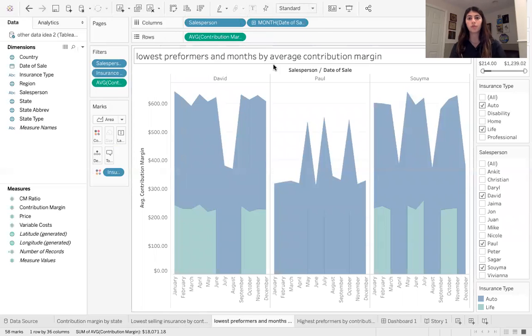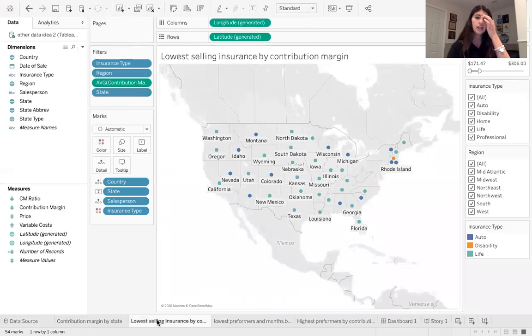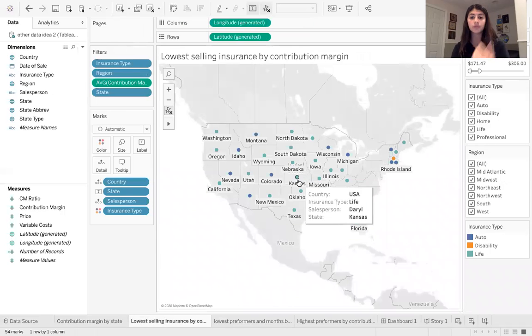basically the lowest performers. I also wanted to include months so you can see which months are thriving and which are underperforming. This narrows it down a little bit more, not just by salesperson, but by the specific months that they're struggling with. So from here, I looked at all the salespeople